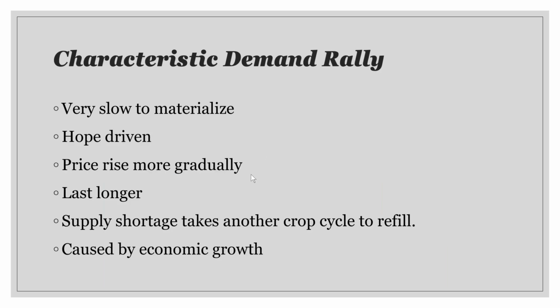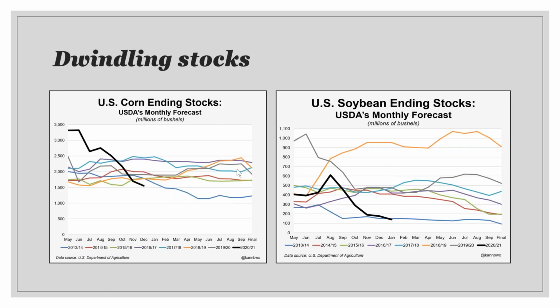This is again a repeat, just for you to have a look. And the last bit is that I just want to show that the corn ending stocks are coming down along with the beans ending stocks. Essentially this year, the past growing season in the US, was not affected much by adverse weather. They had the derecho event that caused a bit of damage in the corn and the beans area, but the main thing that is pulling down the stocks for both corn and beans is